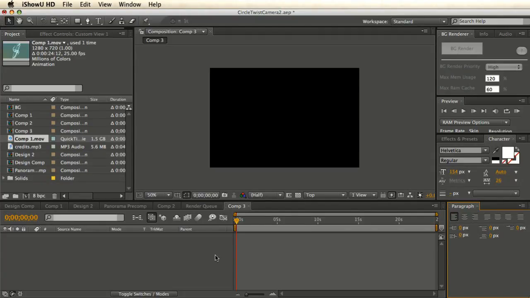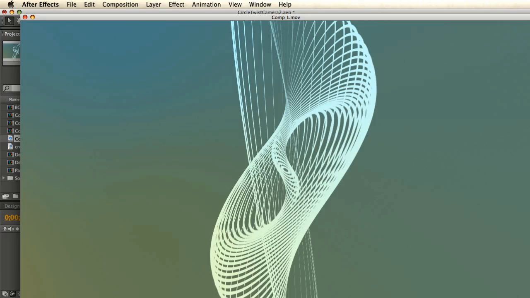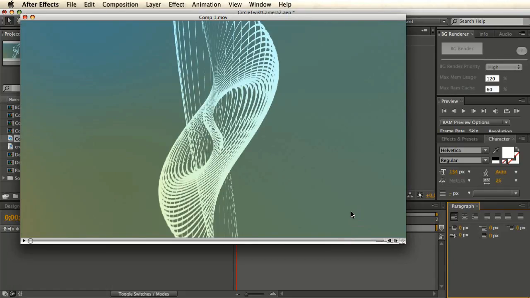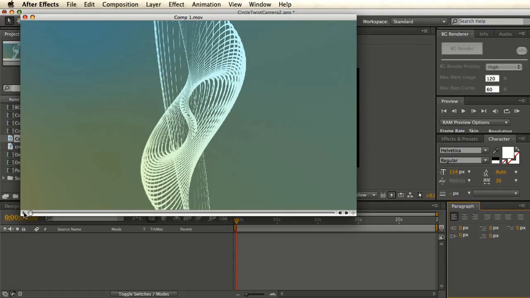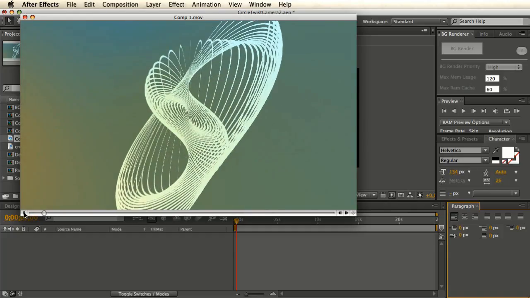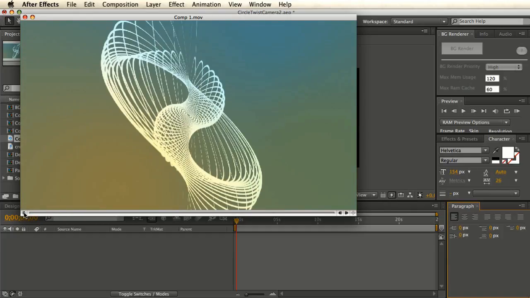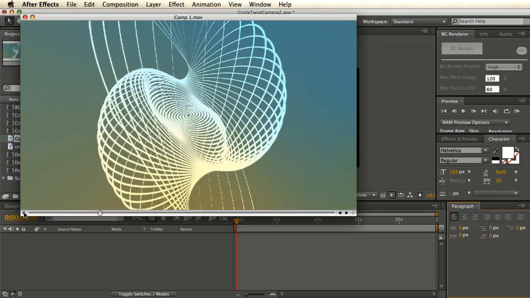Today we'll see a really simple but really beautiful animation. Let me just show you. Okay. It's really, really simple. It's basically a number of shape layers with a circle on it, and if you see